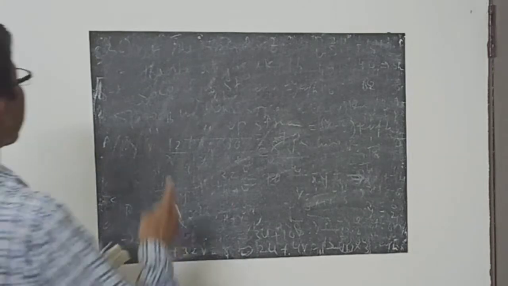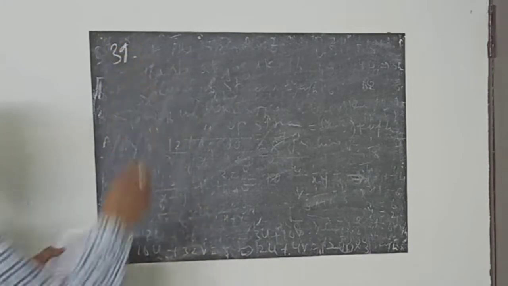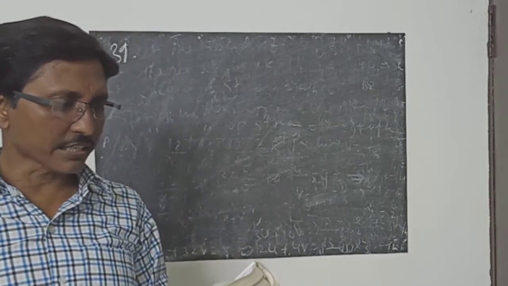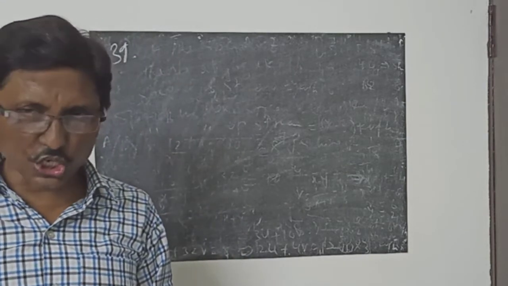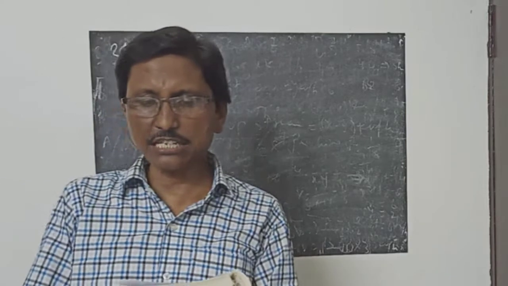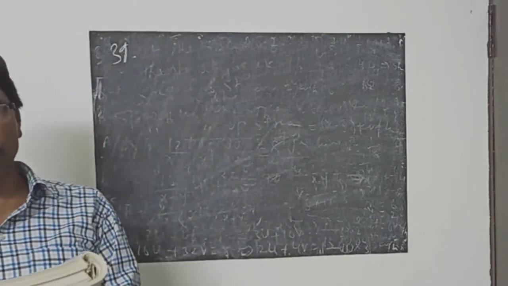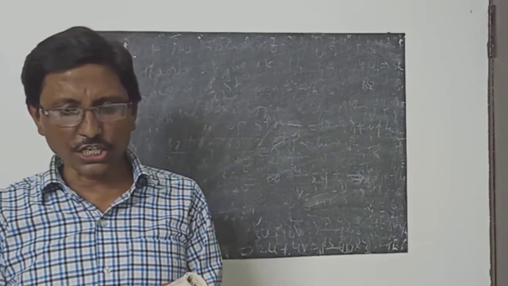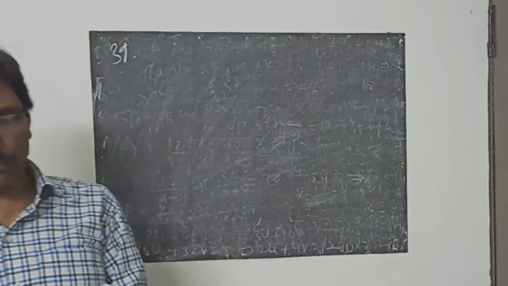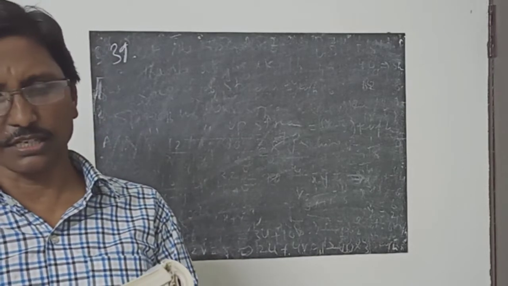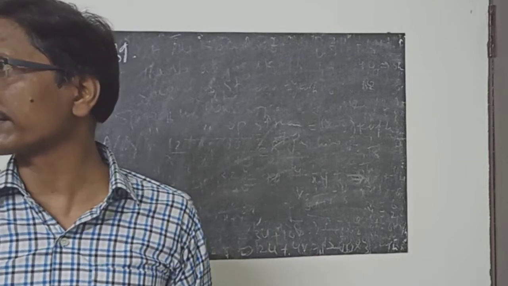That is question number 39. What do we have? Read the question again. The area of a rectangle gets reduced by 8 meters square when its length is reduced by 5 meter and breadth is increased by 3 meter. And if we increase the length by 3 meter and breadth by 2 meter, the area is increased by 74 meters square. Find the length and breadth of the rectangle.